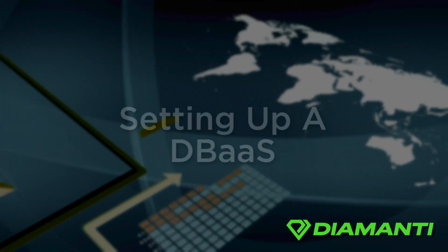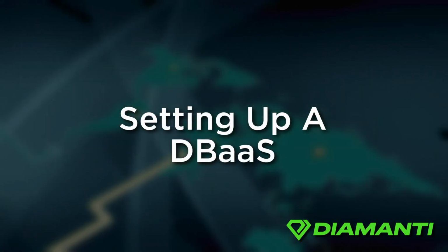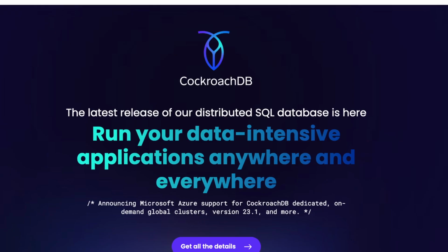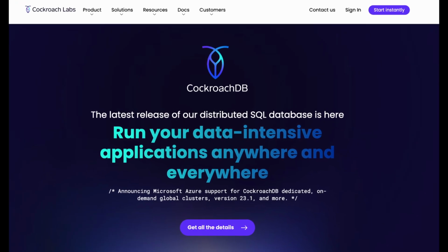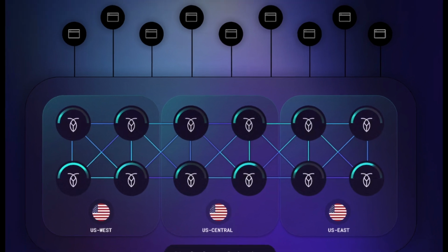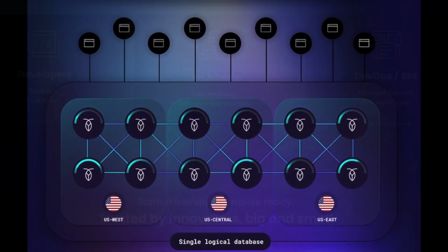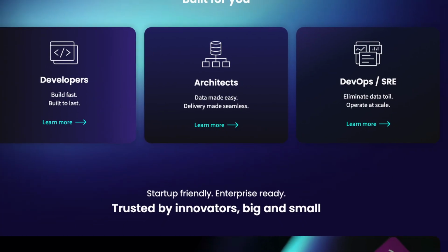Let's take a look at setting up a database as a service. As an example, let's use CockroachDB. It's a distributed, open-source relational database management system designed to provide high availability, scalability, and strong consistency across a distributed